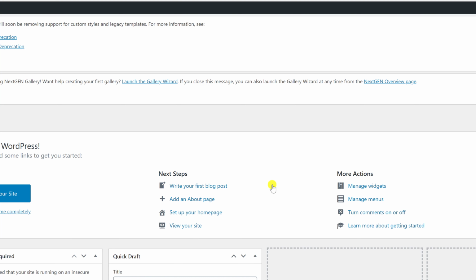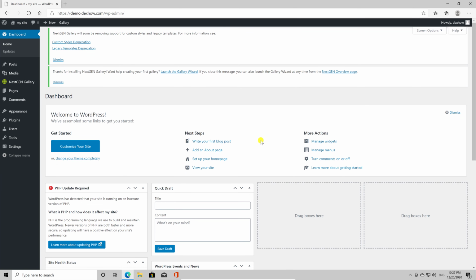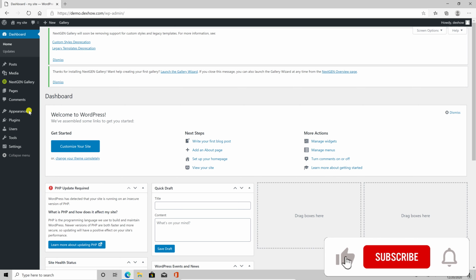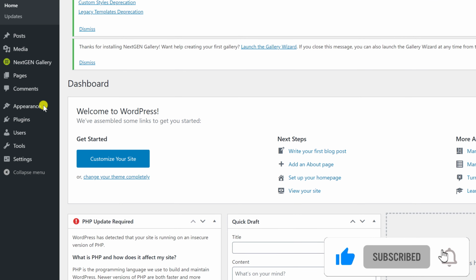Installing a WordPress theme is easy, but keep in mind that if you activate a new theme, then it will change how your website looks and functions. If you're looking to install a free WordPress theme from the WordPress.org themes directory, then the easiest way is by using the built-in theme search functionality.